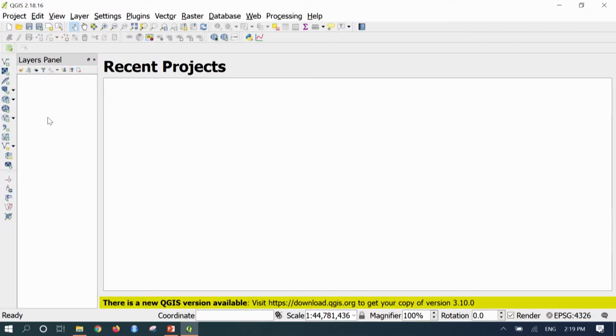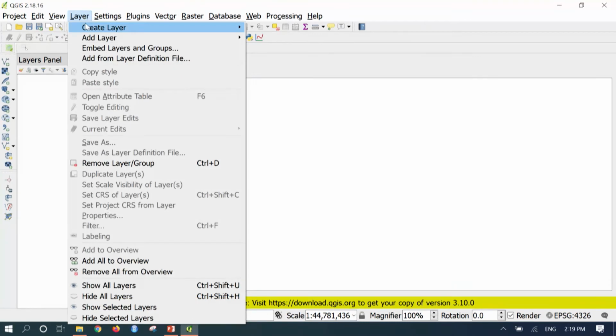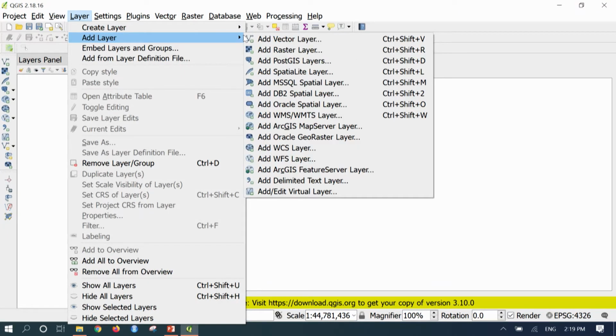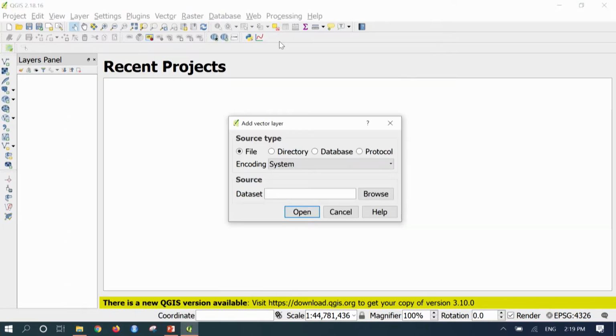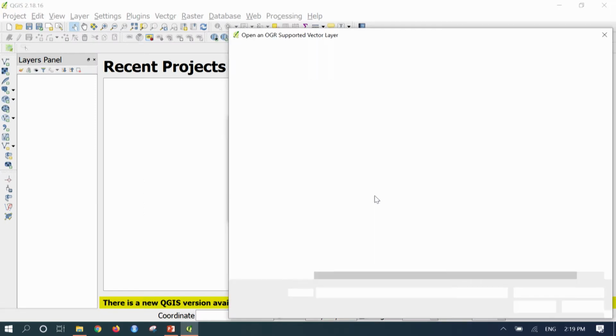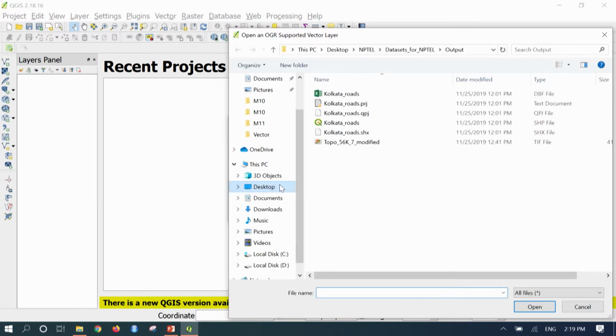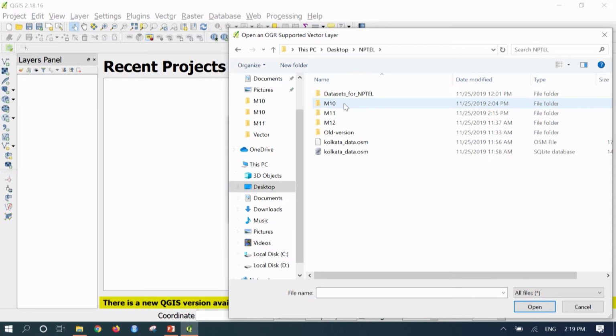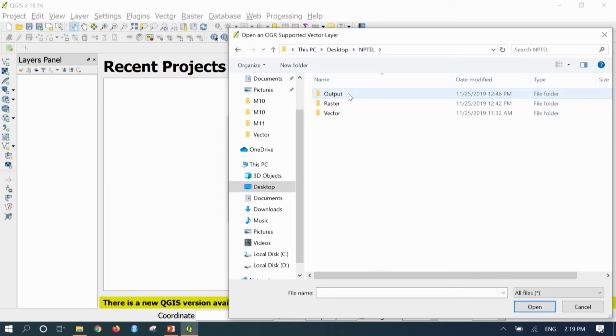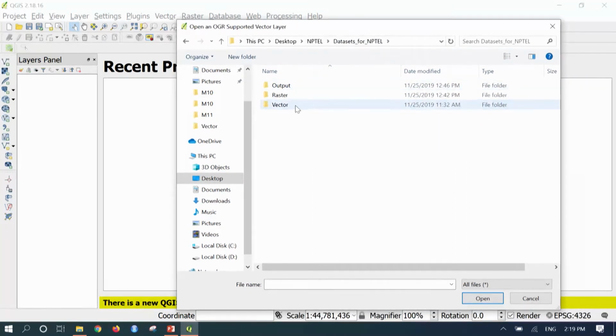So this is the landing page of QGIS software. Here we will try to add a layer by going to layers, add layer, add vector layer, and we will browse to desktop, NPTEL, datasets, vector datasets.